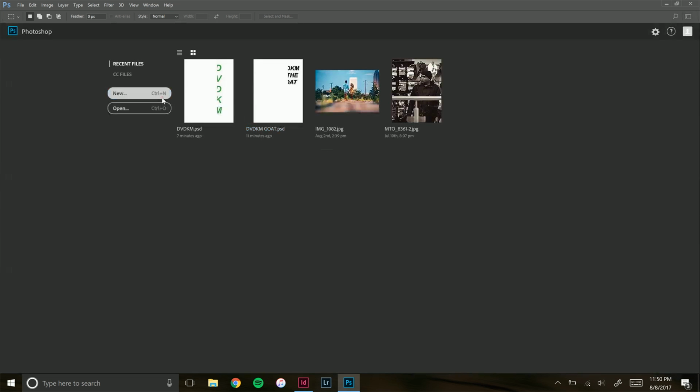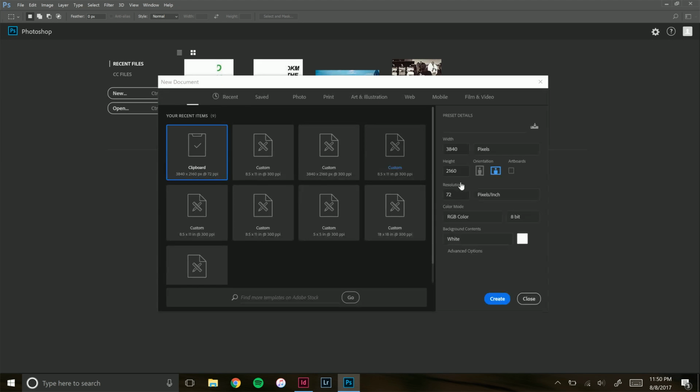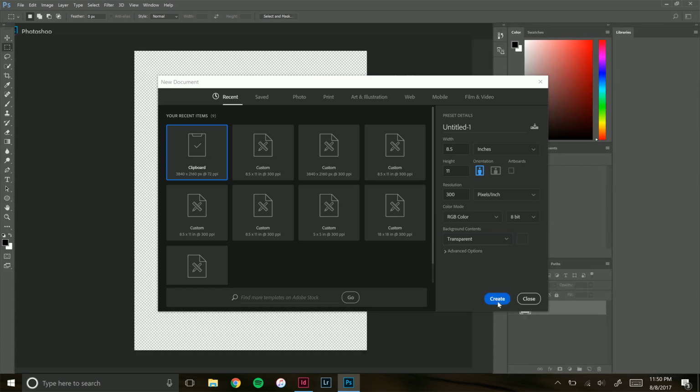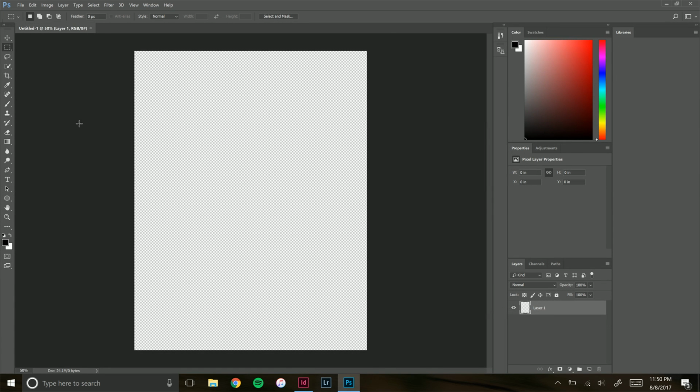This opens up. We'll do new. It's 8.5 inches by 11, 300 pixels per inch. We're going to leave this as RGB, and we're going to leave this as, well, we can actually go ahead and make this transparent here. We'll create that. So we'll do a text box